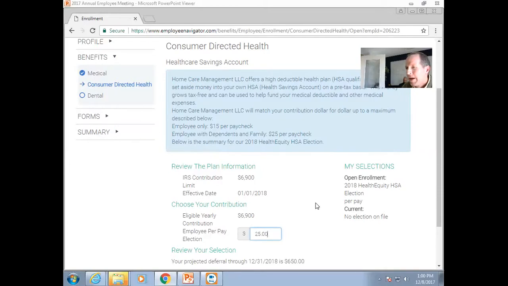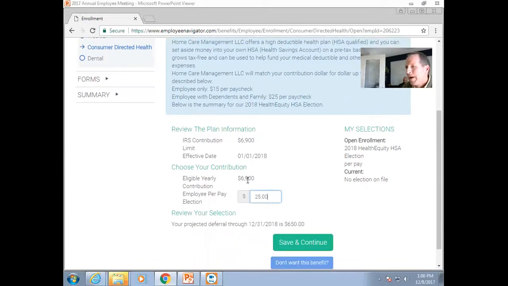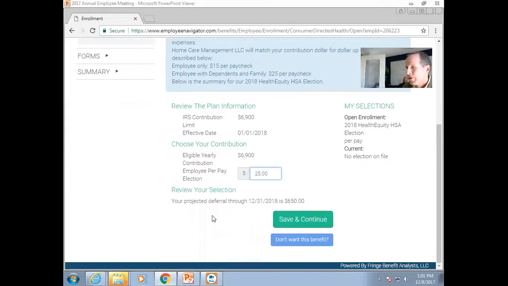$25, and you'll see here that if I had elected only employee coverage, this would be half this amount, which would be $3,450. If it's you plus an additional dependent, you can set aside up to $6,900 into your HSA. So we would then move on